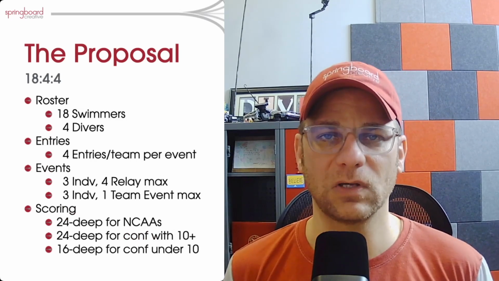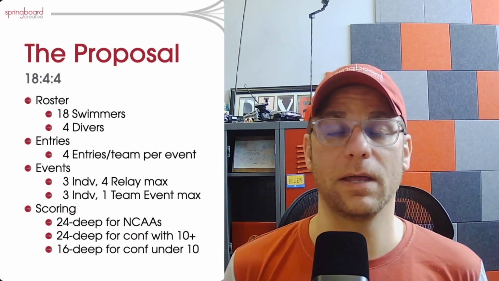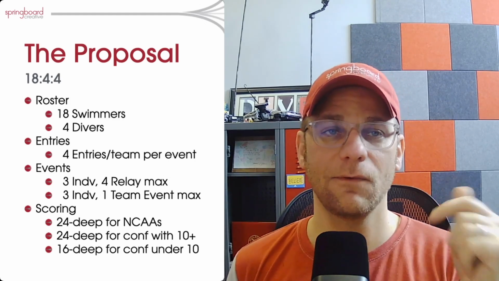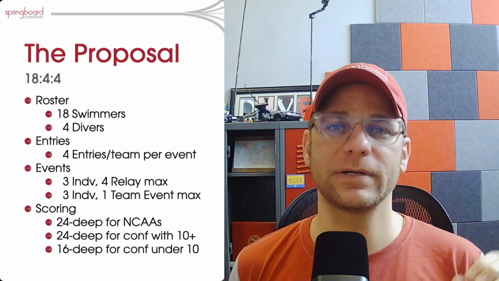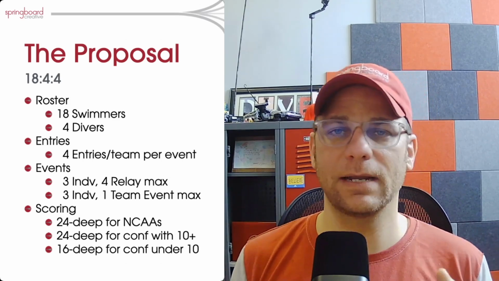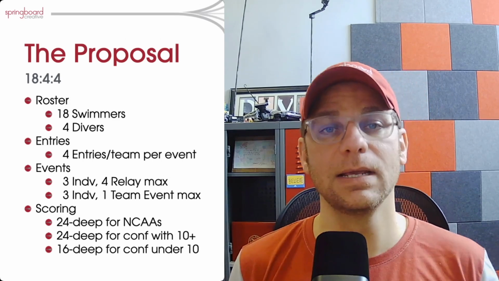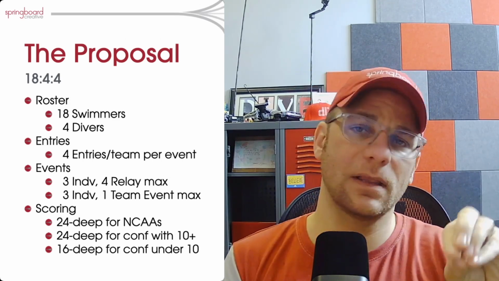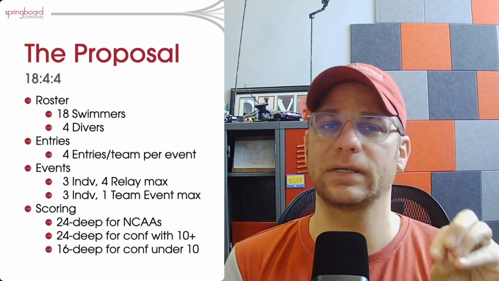So this is the proposal. We want to go with what I'm calling the 18-4-4 model. And what this is: 18 swimmers, 4 divers, 4 entries per team per event. This is going to create a lot of equity and a lot of parity, and we'll talk about the benefits here in a second. But this 18-4-4 model still allows you to have 3 individual swims and 4 relays for